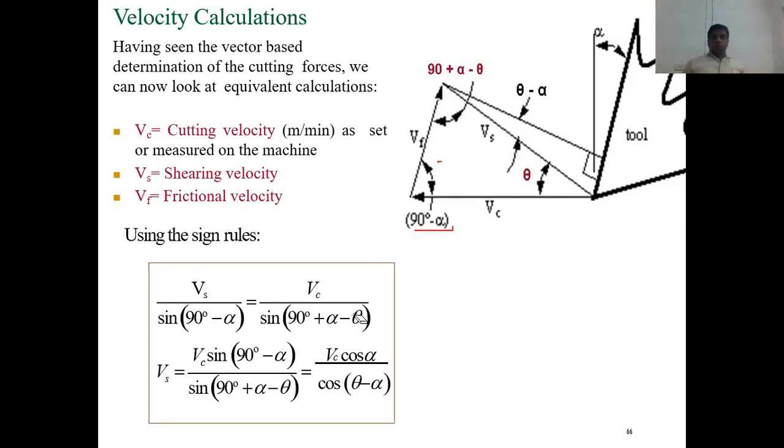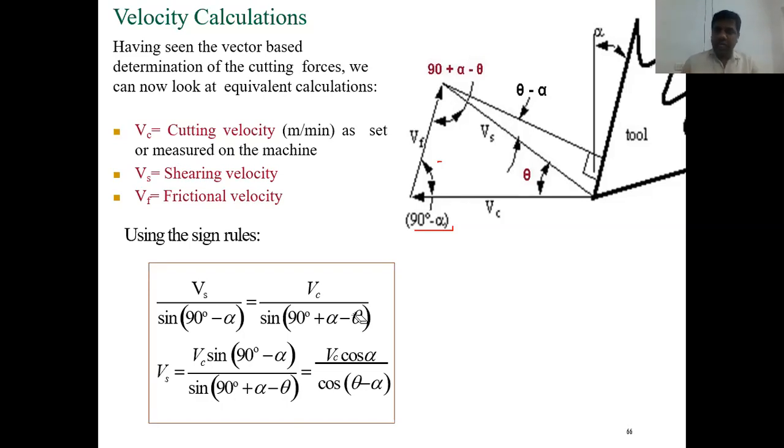Normally, the usual practice is that the cutting velocity we can easily measure. Cutting velocity is nothing but the feed, whatever movement of the cutting tool removes the material. Depending on the machining process or the machine, this parameter may change, but you just assume it is a feed. The lateral velocity at which you move the cutting tool parallel to the axis is considered VC, the cutting velocity. If you know the cutting velocity, the other velocities you can easily calculate if you know all these angles, and finding these angles is not difficult.